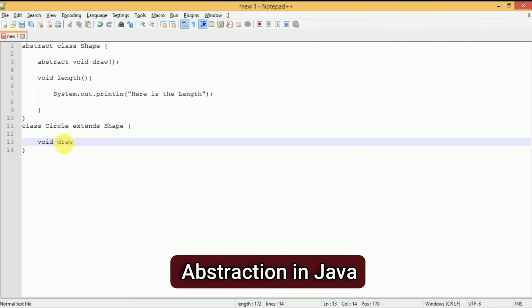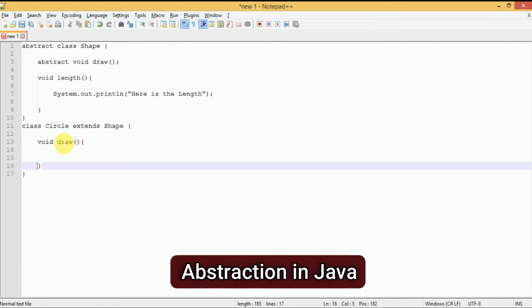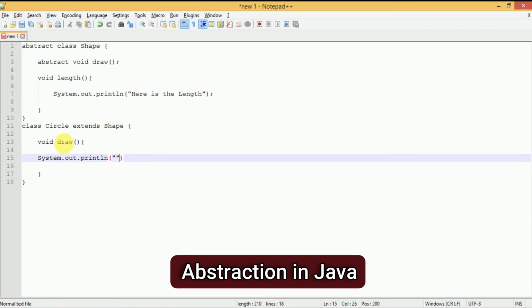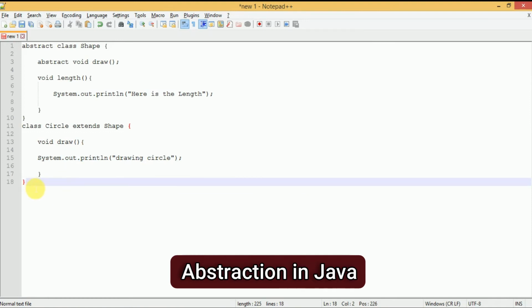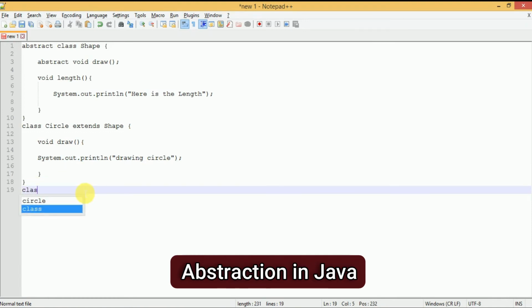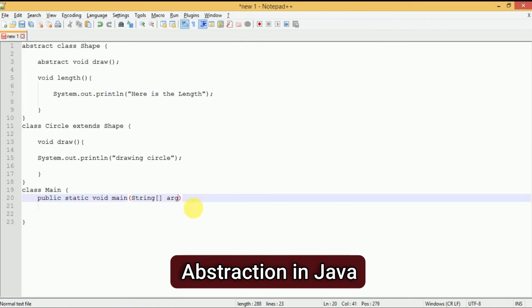The body of draw we are writing here. Inside the body we are just passing System.out.println, and under the quotes I am passing "drawing circle". Now create the main method to run the program. For that I create class Main, with public static void main(String[] args), and under the curly brackets